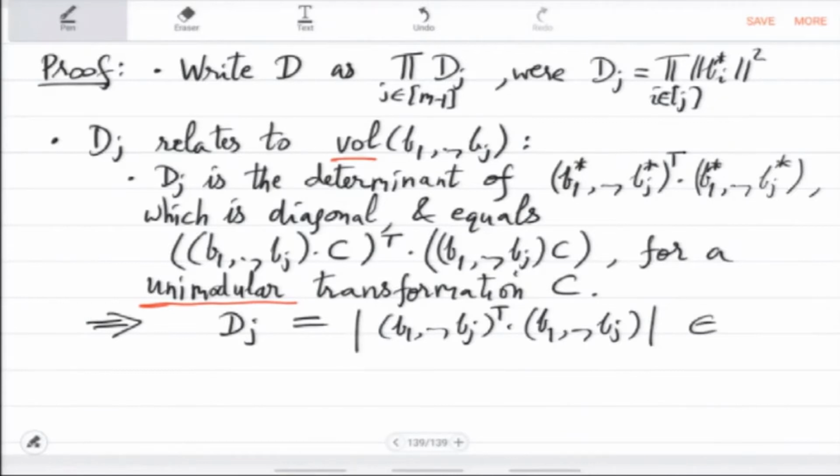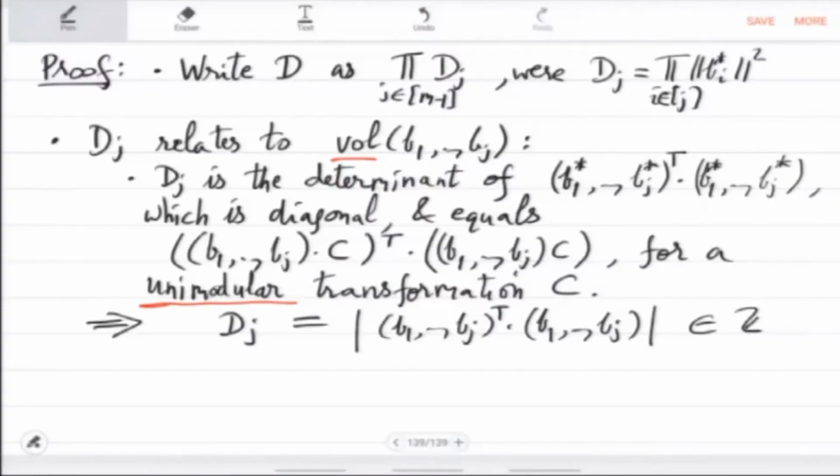now remember that B1 to Bj are given in the input, so they are integral entries. So, the determinant of this integral matrix is integral. Moreover, since the vectors were linearly independent, this cannot be 0, B1 to Bj are linearly independent. So, the volume will come out to be a positive integer, and the bound follows from